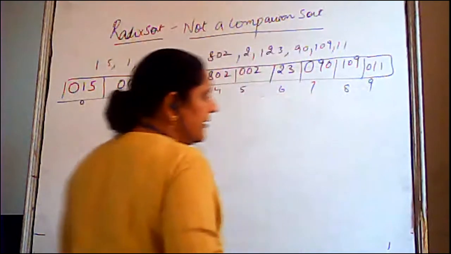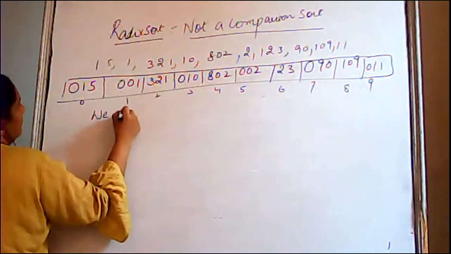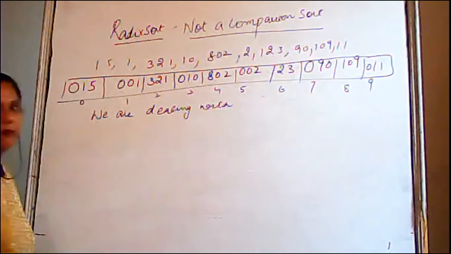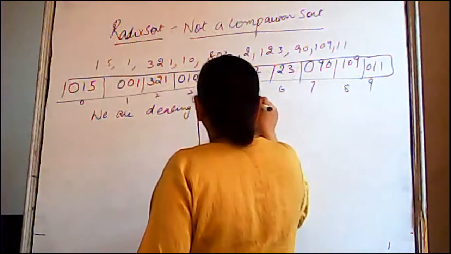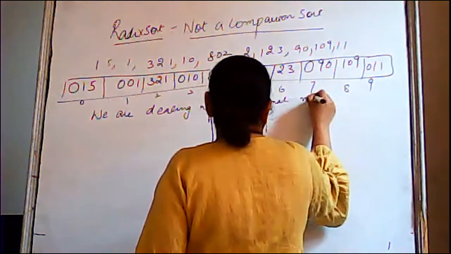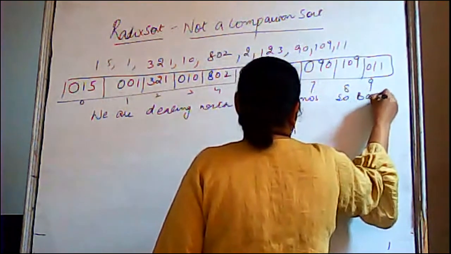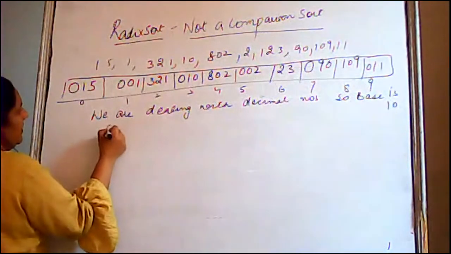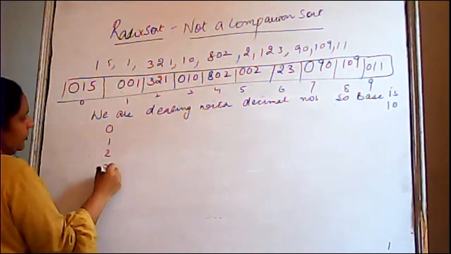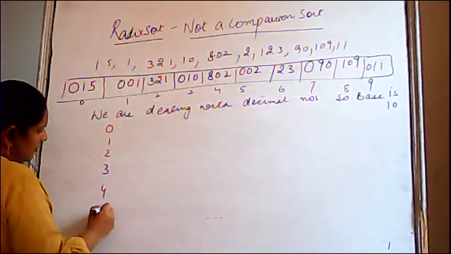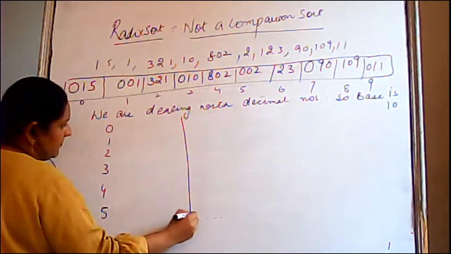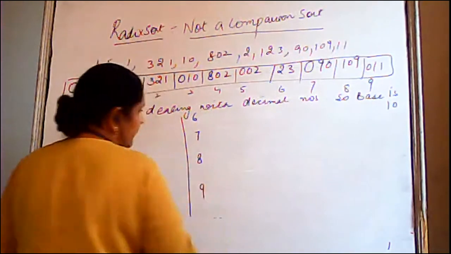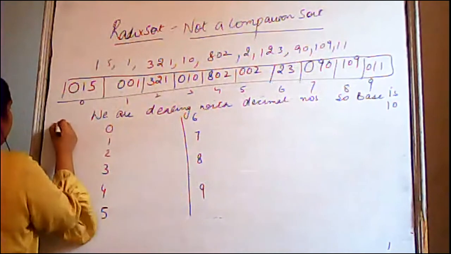Fine. So we are here dealing with decimal numbers. So base is 10. So write down the buckets or numbers from 0, 1, 2, 3, 4, 5. Then write here 6, 7, 8, and 9. Fine. So in pass 1,